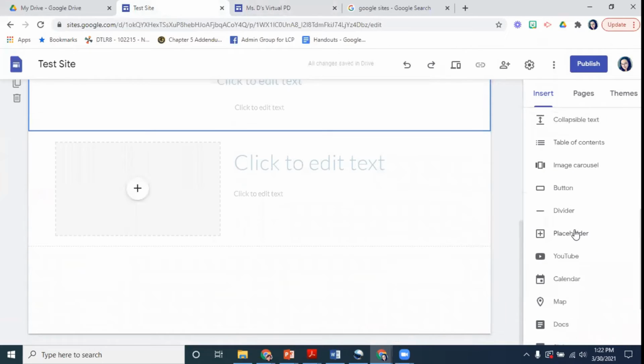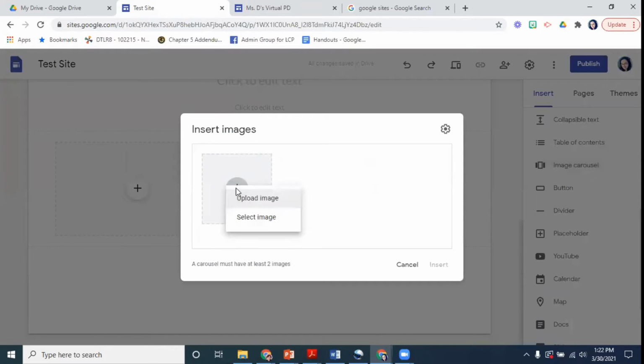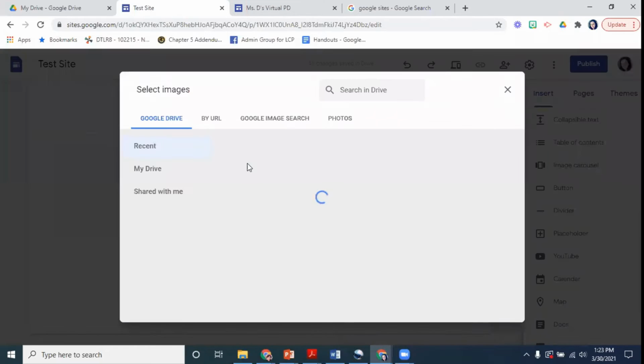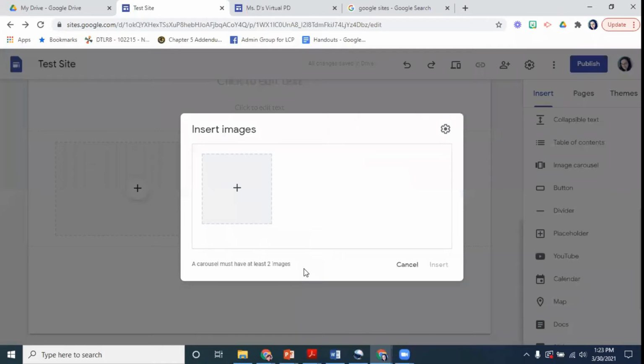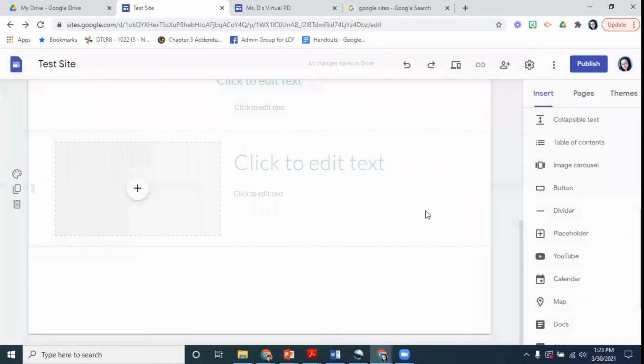Under that has even more resources. You could have a table of contents. If you're going to have a lot of stuff vertically, the table of contents really helps, so that it'll jump you to the section on the website where that information is. There's an image carousel. If you want to share pictures, you can go in and add. We're just going to select some photos so you can see what it does. We're going to go through and pick pictures, and it will make a carousel